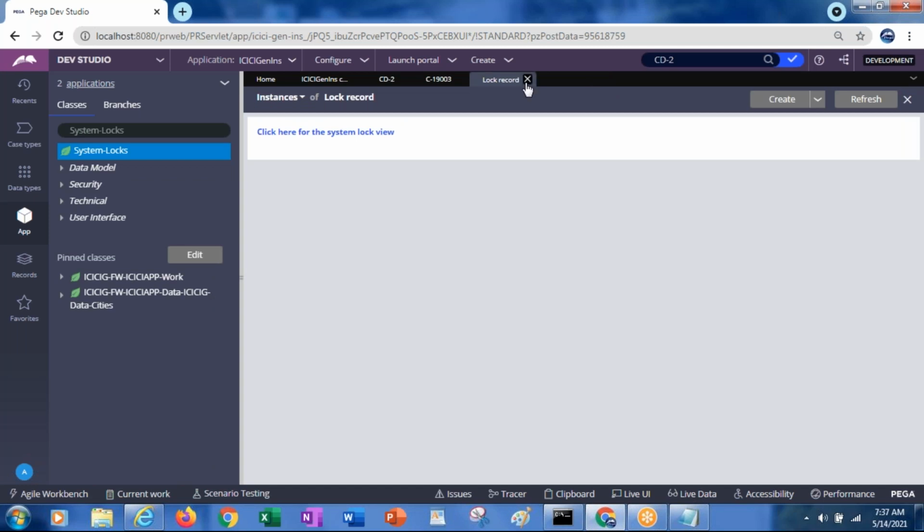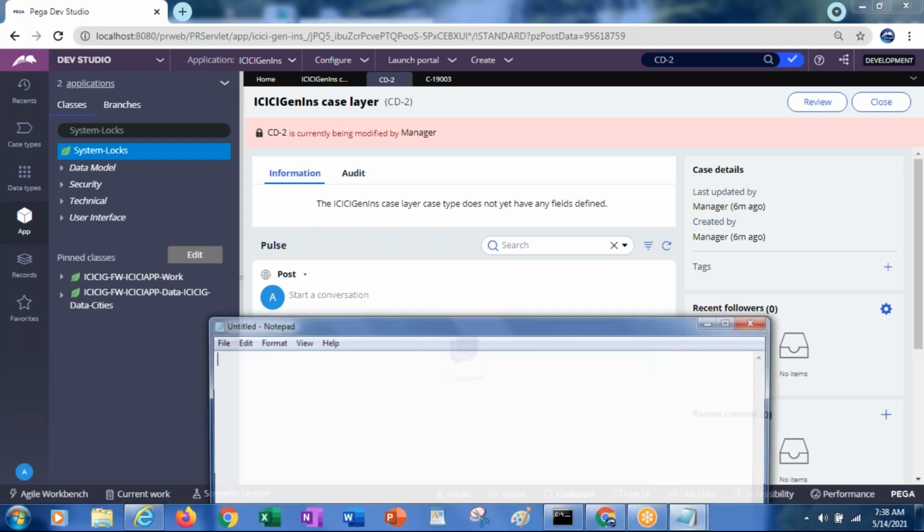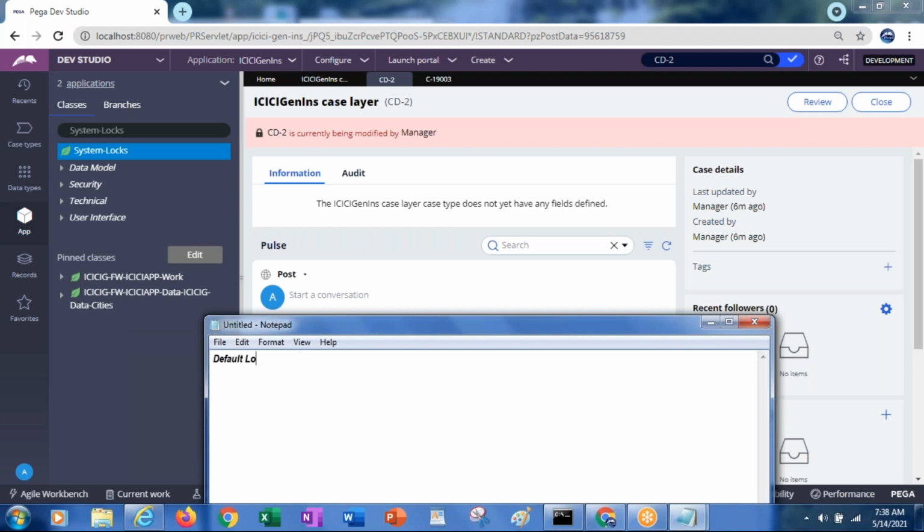So this is the default locking, which is maintained by Pega. Now when we go to case management and are working on it, then we can apply different types of locking: default locking and optimistic locking. In the older versions, it is called default locking and optimistic locking. Default locking means when one user has opened any case, other operators cannot work on it. Only one operator can open the work object or case.